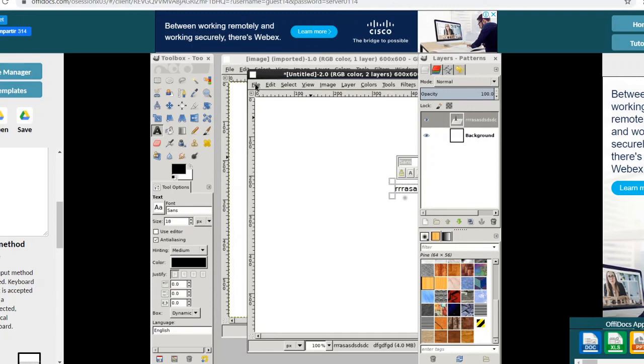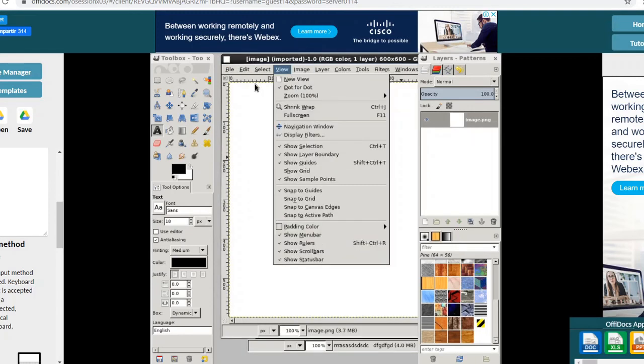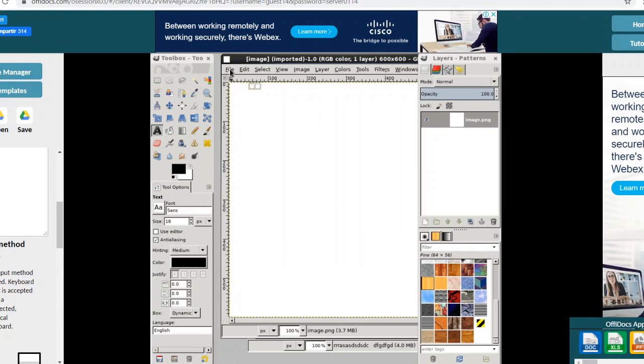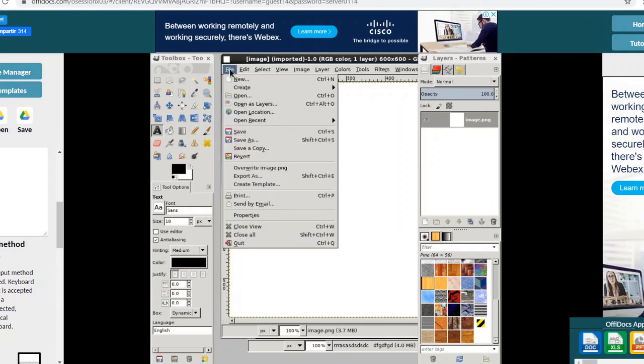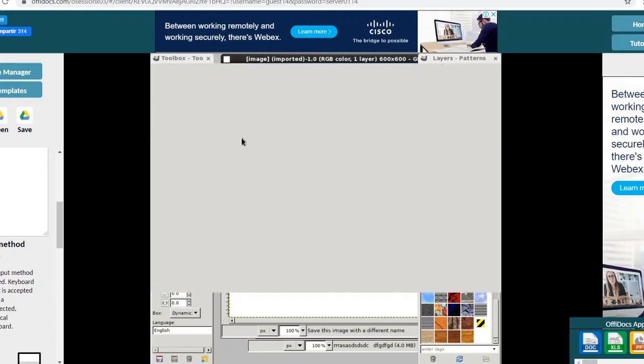Again, we will first go to the File menu. In the File menu, you will get this option, Save As. You will be selecting Save As.